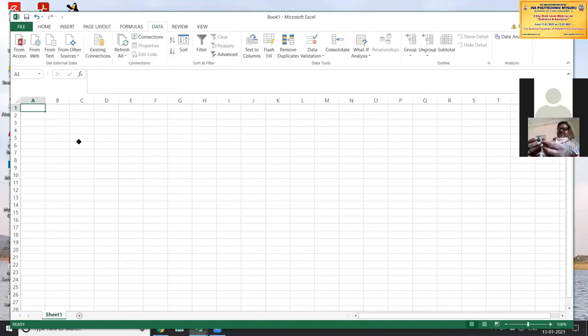You know that this is the cell, and the cell name is seen here. We have told that these are the columns and these are the rows. To identify a cell, we start with the column name followed by the row name. If I say this cell is C5, that is column C and row 5. This is the identification. In this way, we'll start the first step of creating the data set. I'm going to first type the name of the student.